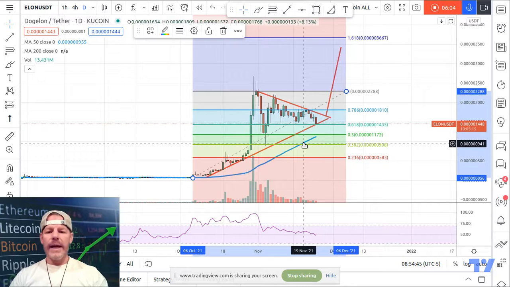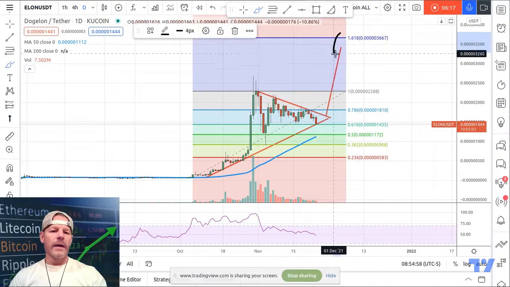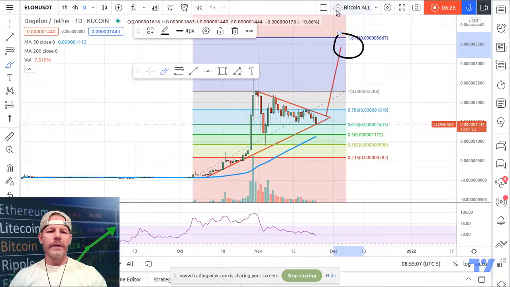So in this case, there's not much data I can utilize, but I can use Fibonacci, I can use some trend lines, and I can see we have a bullish triangle. I can measure that, spot our target, and in this case, it looks like we're going to double on this coin. All right, so let me save this data so that I don't have to do this again, and we'll move